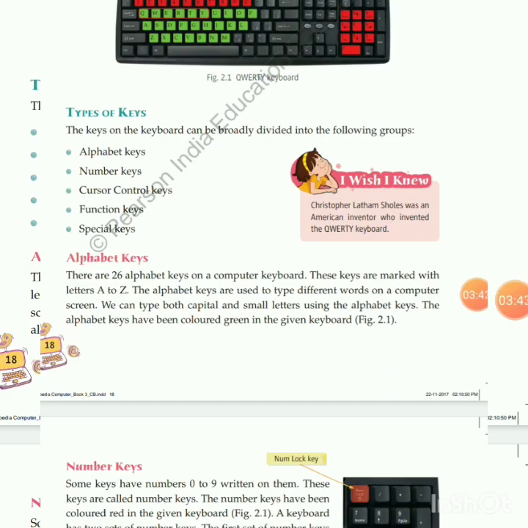We use alphabet keys. We can also type both capital and small letter using alphabet keys. If you see the picture, some keys are in green color. These green colors are which keys? Alphabet keys.